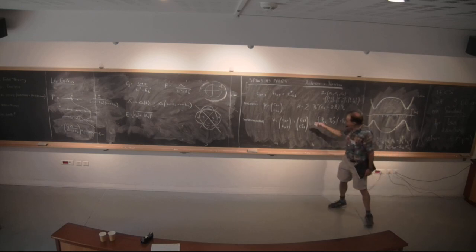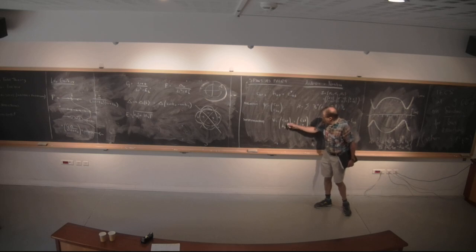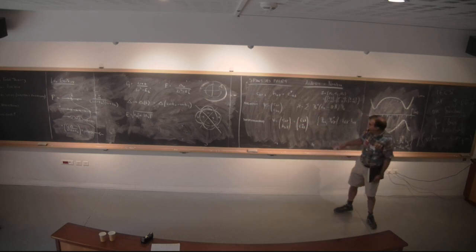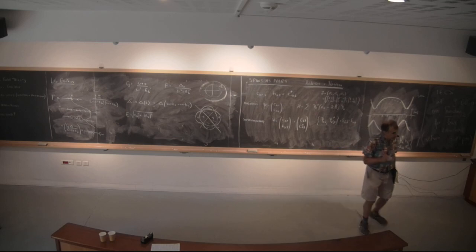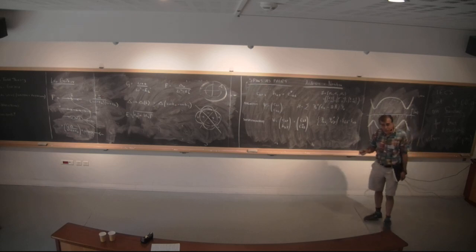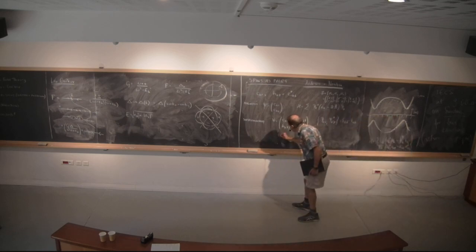If you want to fix that, you have to reintroduce the up and the downspin electrons and holes, and you have to go to a 4-component notation. But for most purposes, 2 components is good enough, unless you go to triplet superconductors where you have to put in the other things. And if you want to introduce a magnetic field, a Zeeman field, you also have to put the other guys in. But for most purposes, this 2-component, this is called a Nambu spinor,